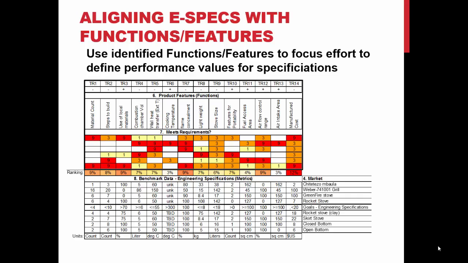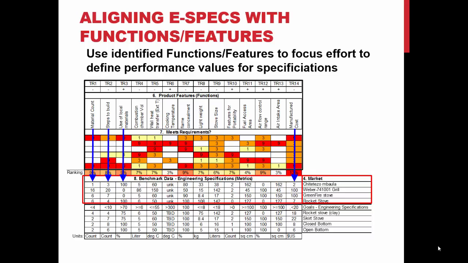So if we look at aligning the specs with the product features, you'll notice here that when we take a look at the feature or function, then we will see a corresponding value of a competitive product to that function and feature in most cases, and that the values will align accordingly. From there, we can go look across and see each of the different values that we may have, whether it be steps to build, use of materials, or manufactured cost, and we can see the values that would be generated,